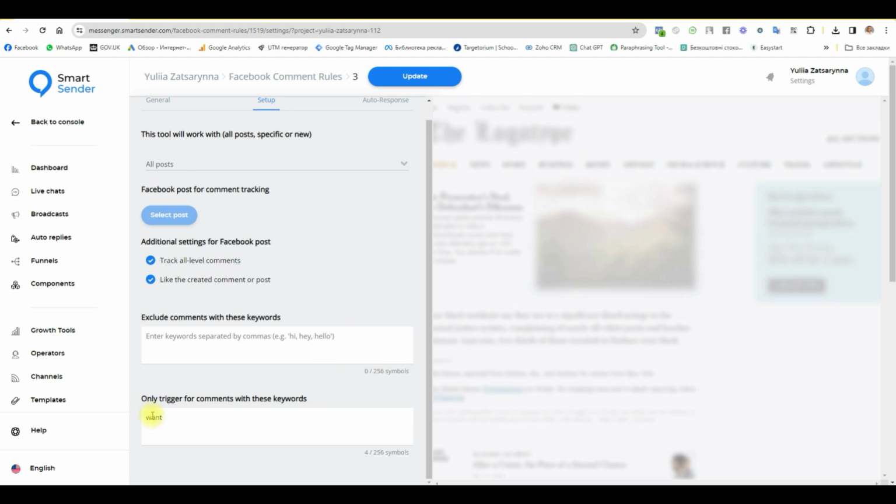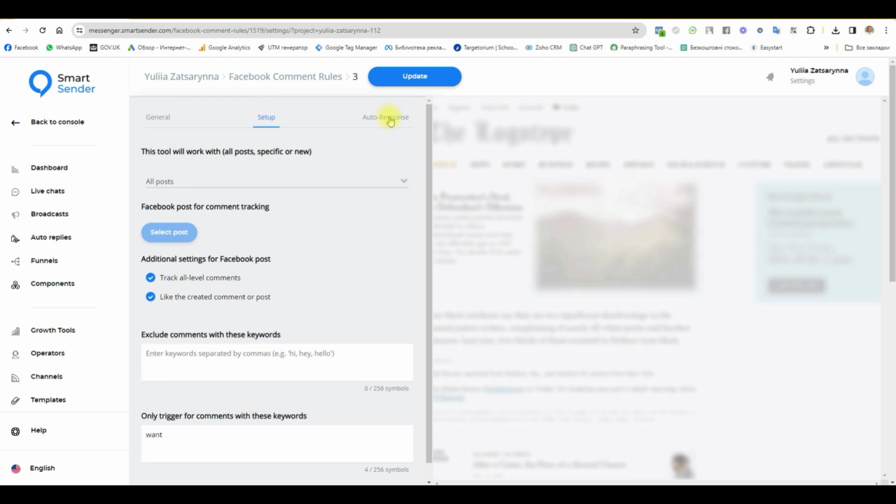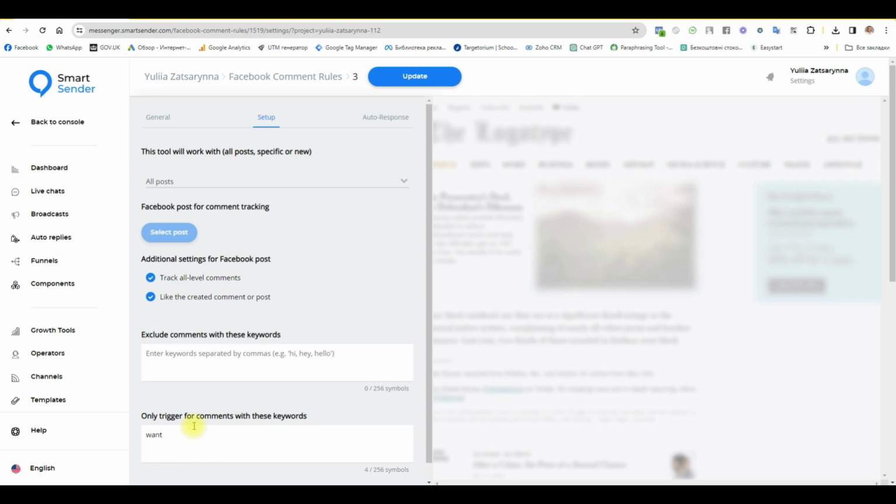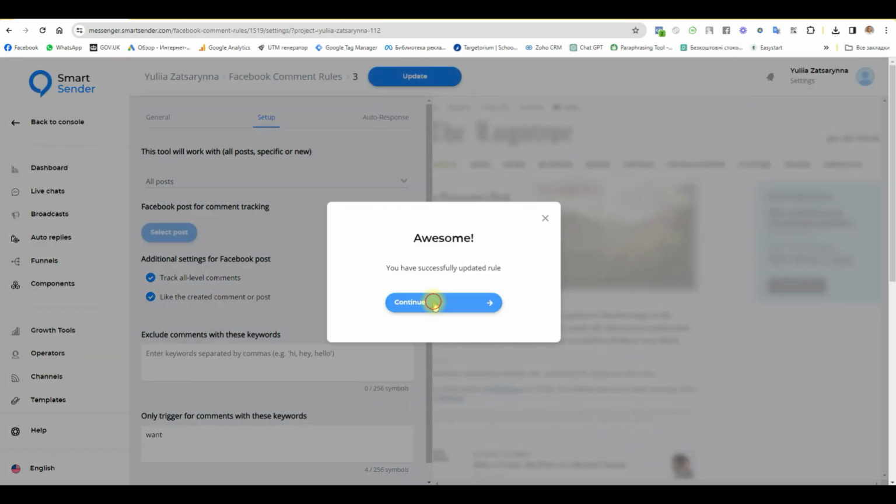Okay, only this word. Auto response. I don't use auto response. What does it mean? Again, the user comments on all my posts and writes in comments the word, then in the first update,